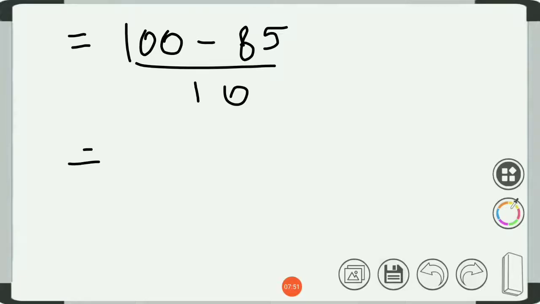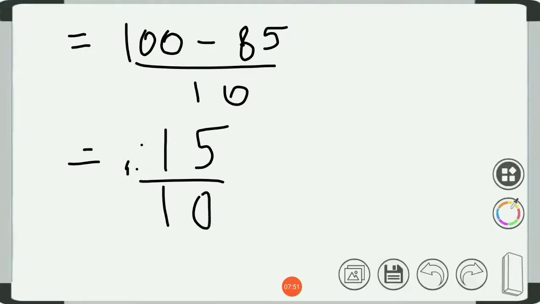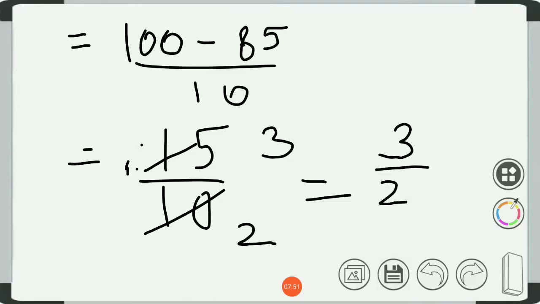It means 100 minus 85 is equal to 15 upon 10. You can also cut it with 5's table because 15 and 10 both go in 5's table. 5 3s are 15, 5 2s are 10. Your answer would be 3 upon 2. We have completed